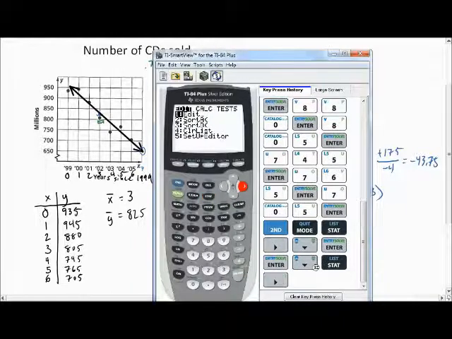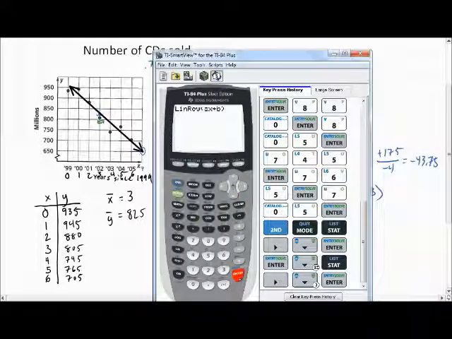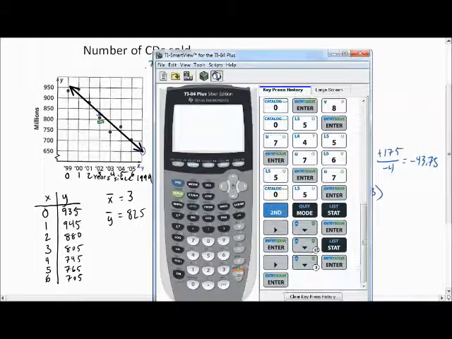We're going to go into stat, calculate, and we want it to create an equation for us. And the way that we do that is by doing the linear regression. So we're going to go down here to linreg, push enter. And when you push enter, it may have some other stuff, just based off of what operating system you have on your TI-84. You want it to take it from list 1 and list 2. Just make sure that it does list 1 and list 2, and then you push enter or calculate or whatever,